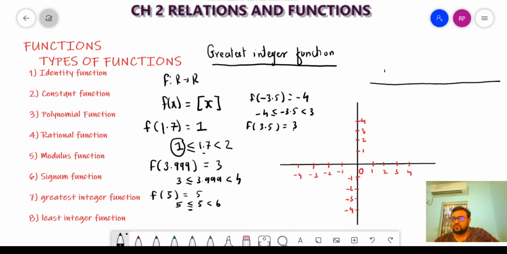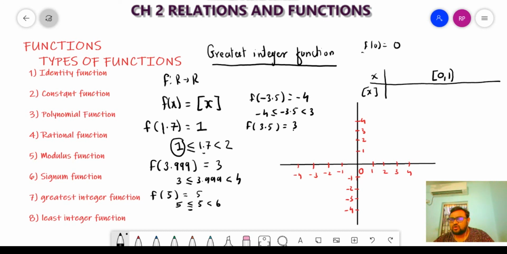See, for here x and here greatest integer function. Clear? So now here I will take interval from 0 to 1, closed interval 0, open interval 1, because f of 0, if I write down here f of 0, this